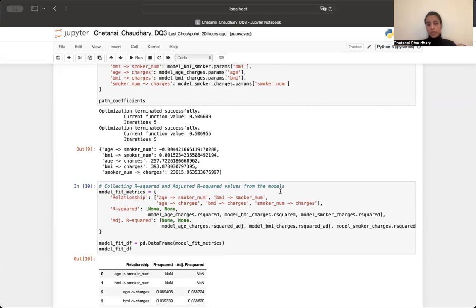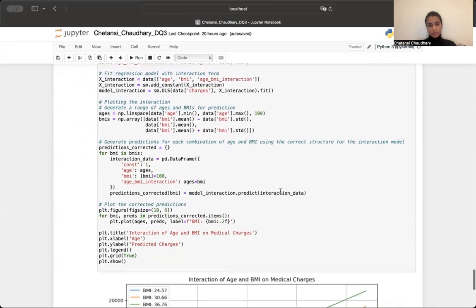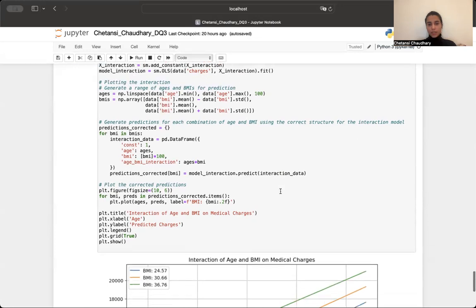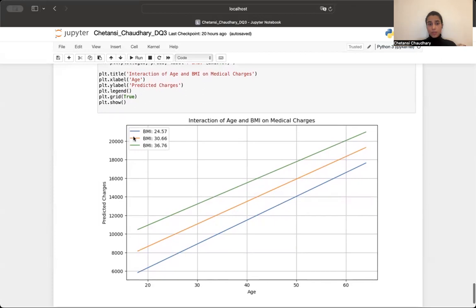To make our analysis more interpretable, we have again used a visualization, as someone has rightly said, that a picture is worth 1,000 words. Here we are again trying to understand the interaction of age and BMI on medical charges, where the blue line will indicate BMI 24.57, orange will indicate BMI 30.66, and green would indicate